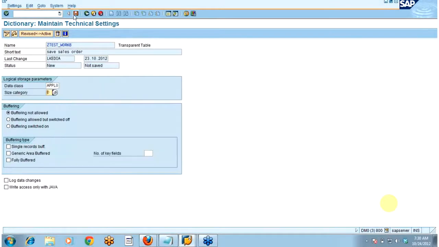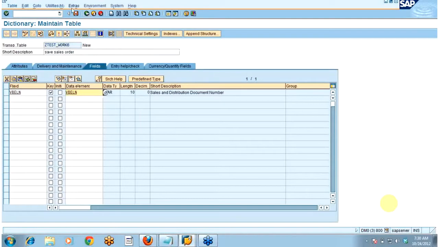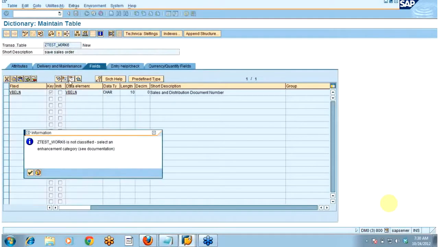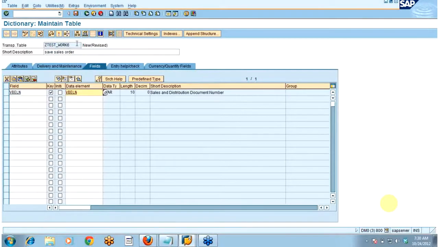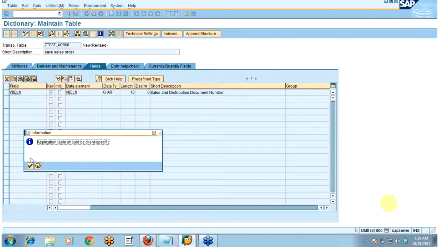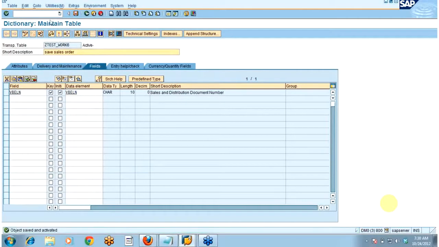I hope you people know how to create the table. So I have activated it.